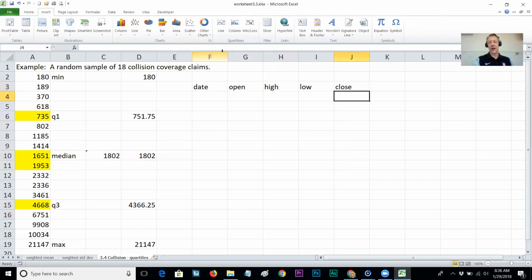Now, not only do I have the word date there, I need a date there. It can be any date that you want. I'm going to pick January 1st and January 2nd. Okay? Pick consecutive dates. If I pick January 10th, there's going to be a big gap in my graph, so don't do that. Okay? Now, the high is going to be, oh, actually, before I do this, I'm gonna take a break for a